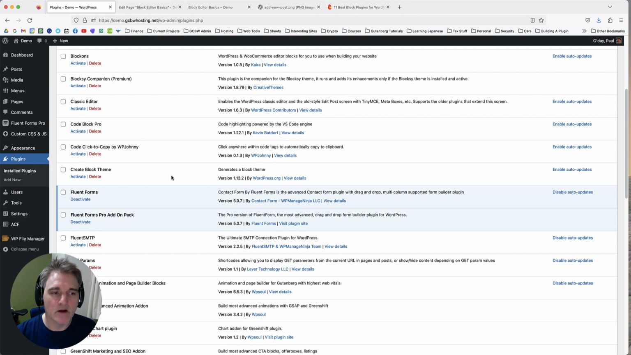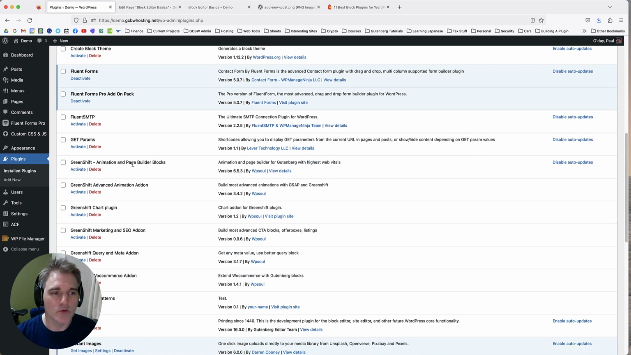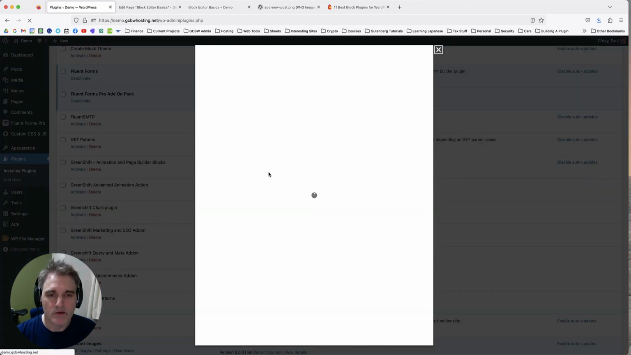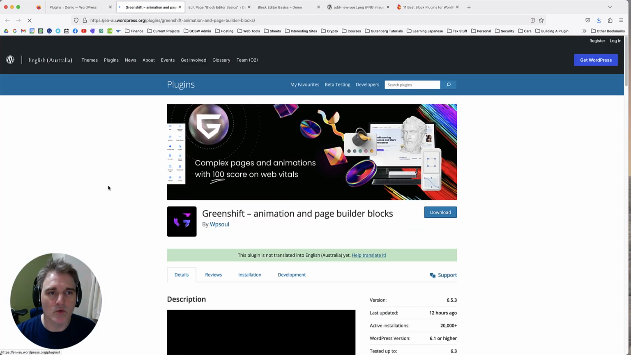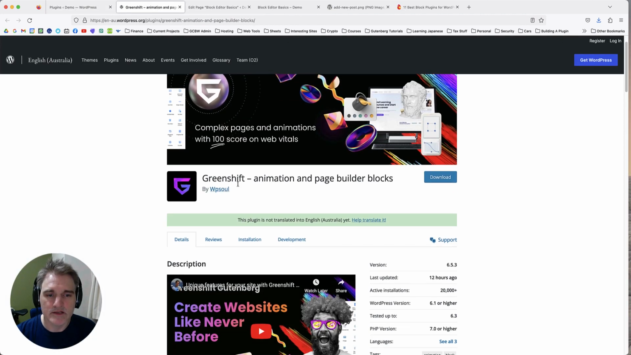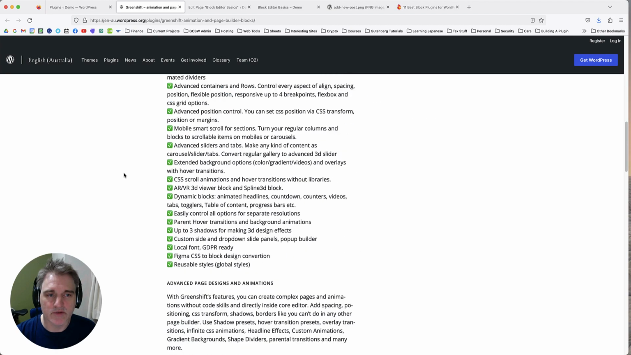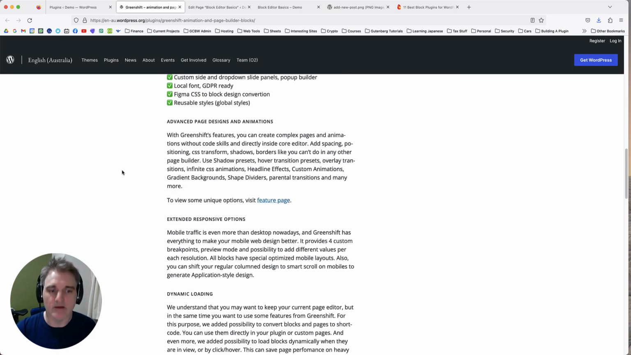So there is a plugin that I use quite a lot in my development called the Greenshift Animation and Page Builder Blocks. So if you go to View Details there, that's a plugin that you can actually get from the WordPress repository. Let's just go to the WordPress.org site here. And so this is one I use. This gives you a whole bunch of different blocks to extend what you can do with the block editor. I've already got that installed there,